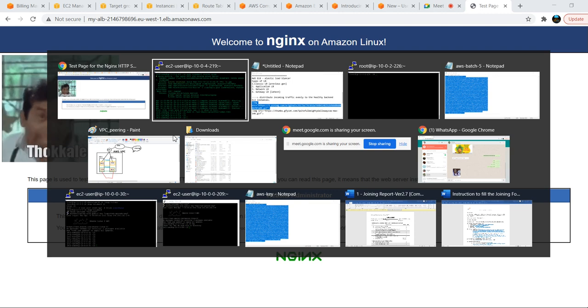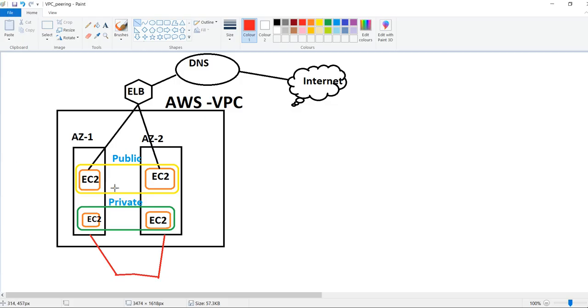In real time, we won't run our applications here. We will use one EC2 machine, or two EC2 machines, or three EC2 machines as per our requirement. Now the load balancer is directly distributing traffic to these two EC2 machines, not to the public one.